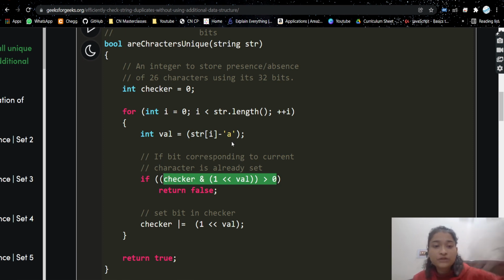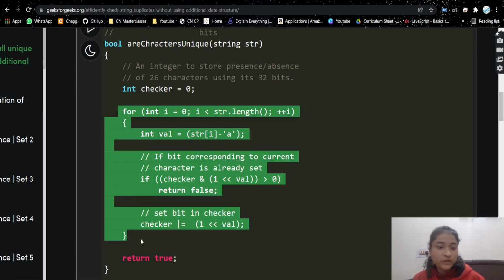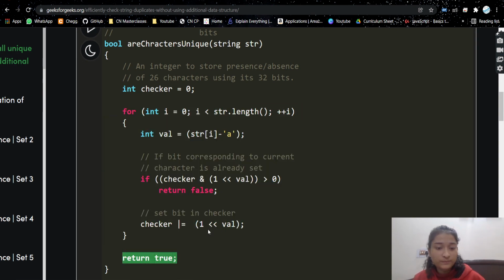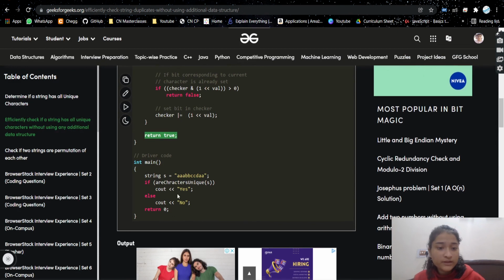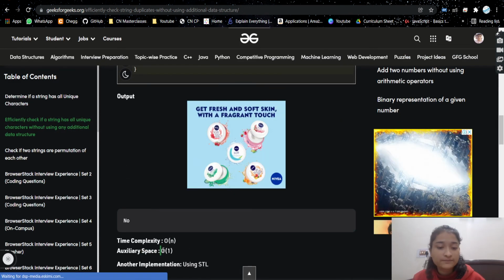At the same position we are getting 1, so return false. Otherwise do OR. And at last, obviously, if you have completed the loop, just return true. For this, the time complexity is O of n and space is O of 1.